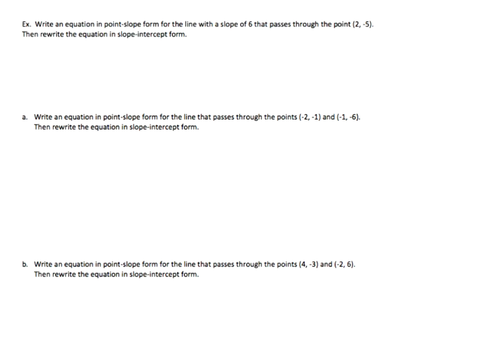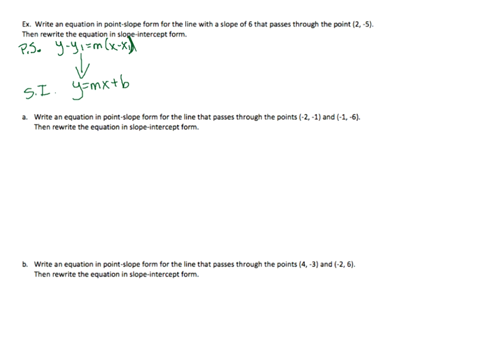All right, so we're going to start using this information to write equations of lines. The example says, write the equation in point-slope form for the line with a slope of 6 that passes through the point 2, -5. Then write the equation in slope-intercept form. So we're going to use point-slope form, which is y minus y1 equals m times x minus x1. That's a parenthesis. To move down to slope-intercept form, which is y equals mx plus b.